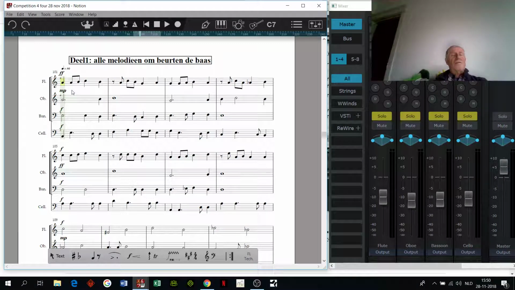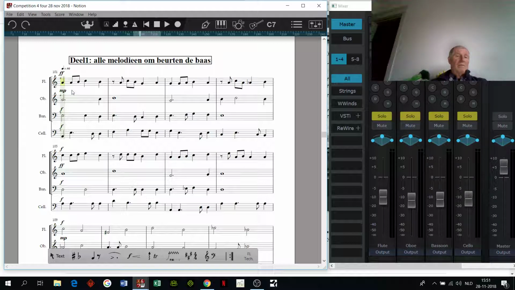In this video, I want to show my experimentation with a couple of melodies alongside one another, in which, in turn, one melody is the bass, and the other ones are adapting to the bass.